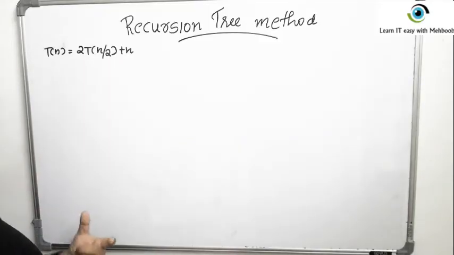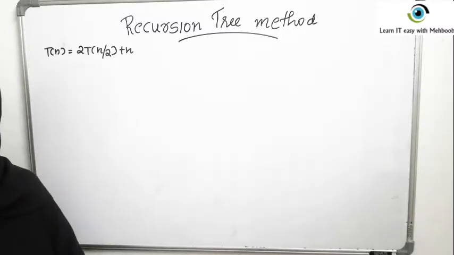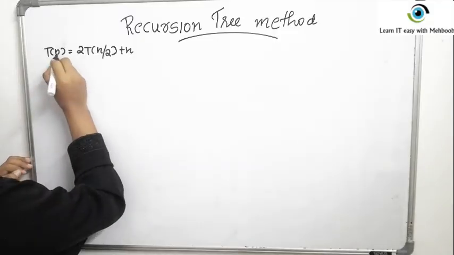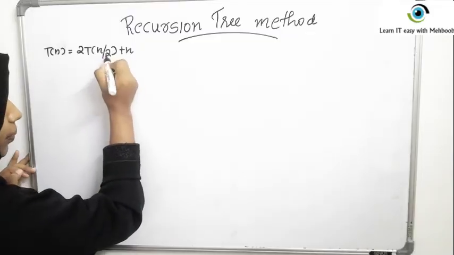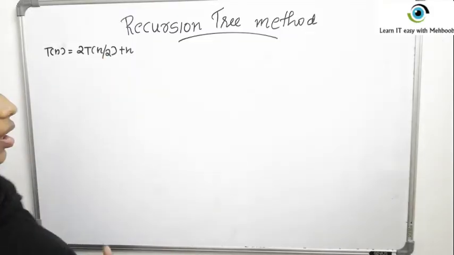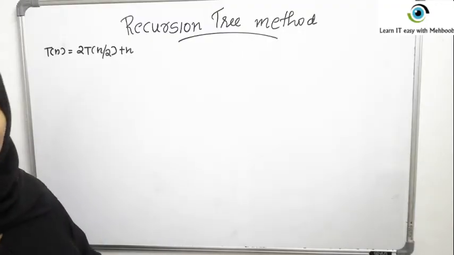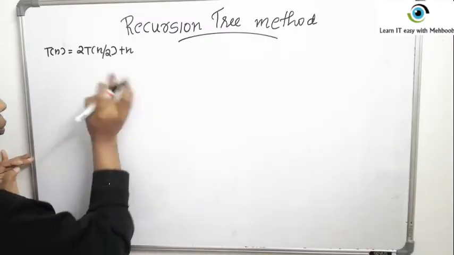If you remember, this is the recurrence relation that we got for Merge-Sort, and we know that while solving with the iterative approach, we understood that the complexity is n log n. Let us check whether we will get the same here. We should be getting the same. So here this initial problem of size n has been divided into two sub-problems of size n by 2 each, and n is the total amount of work done, or total complexity of the work, which was required to combine the individual solutions to get the whole solution to the initial problem.